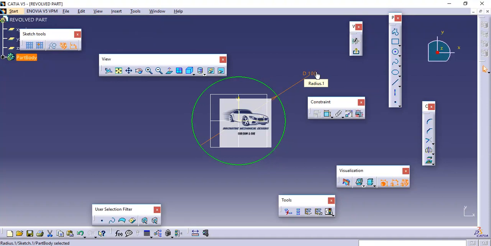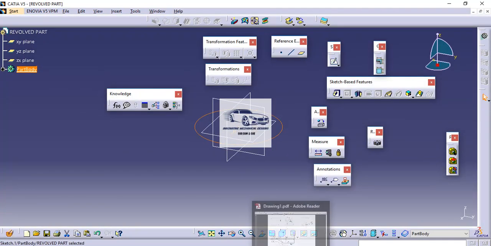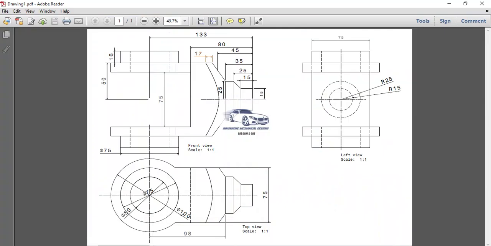So the default unit is mm. If required, we can also change the units. Now, looking into the drawing, this circle has to be converted into a cylinder of total depth 100. As we can see in the front view, the half distance is mentioned as 50.